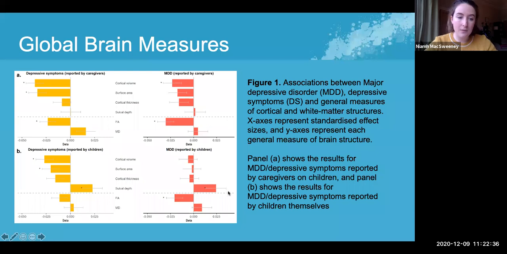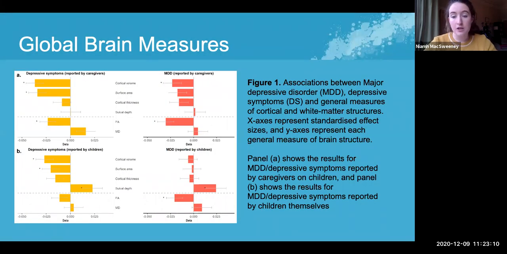And then in panel B, we have the child reports. First of all, looking at depressive symptoms for caregivers and MDD, we can see that depressive symptoms are associated with reduced cortical volume as well as surface area. And so in terms of the cortical measures, and then for the white matter measures, we see reduced FA as well. And we see similar findings for the depressive